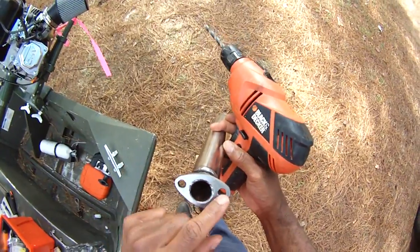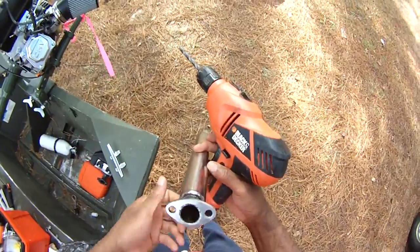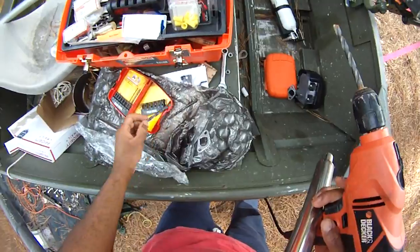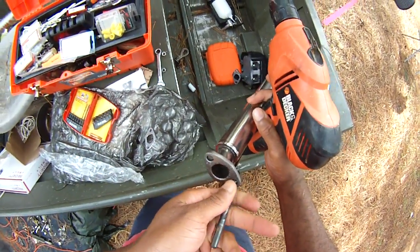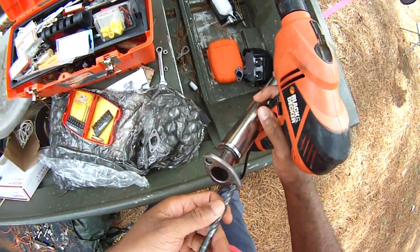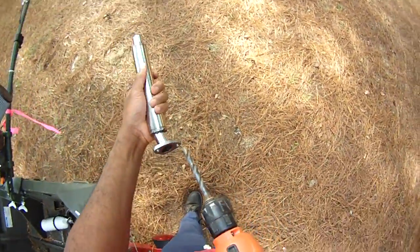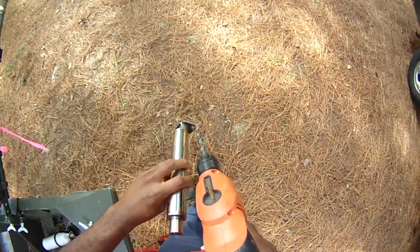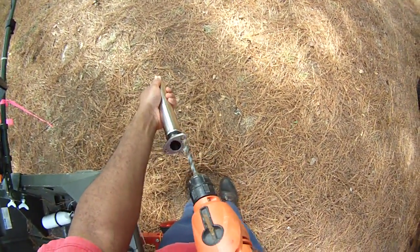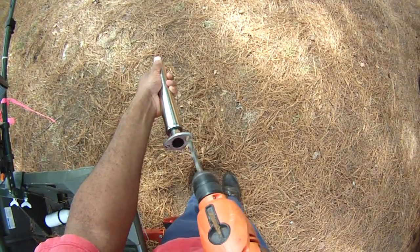Whichever side to choose, the one that has a little bit more lip on it. And it seems like it's this side, and this is the next size up from here. This one was 5/16 here, and we've moved up to a 3/8 here. So we just need to be careful here. I don't want to drill my fingers off. If you had a vise, this would be a good place to use a vise. So we're just going to...